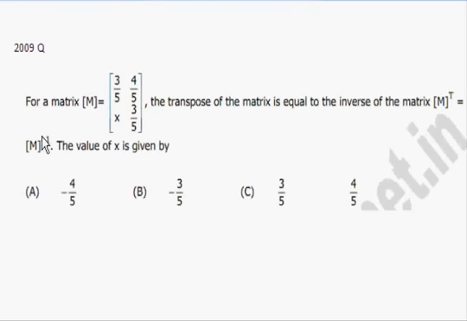This is a 2009 question for a matrix M. The transpose matrix is equal to the inverse of the matrix. The value of x is given by transpose equal to inverse of the 2 by 2. That means the determinant value is equal to 1. Then only it will be possible. So to find x, make the determinant value of this matrix equal to 1